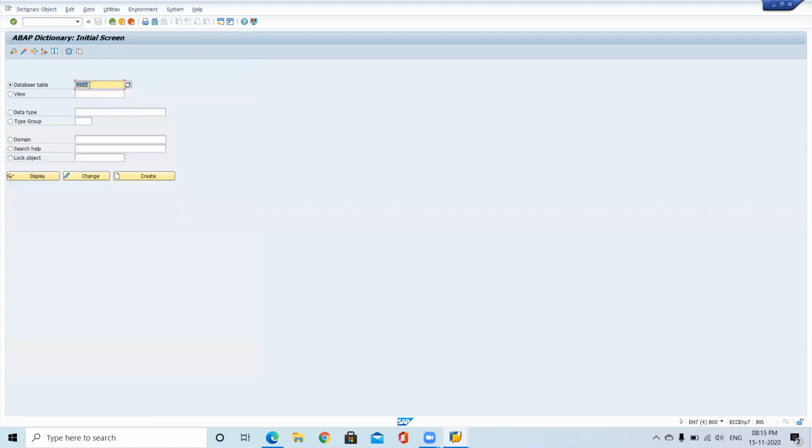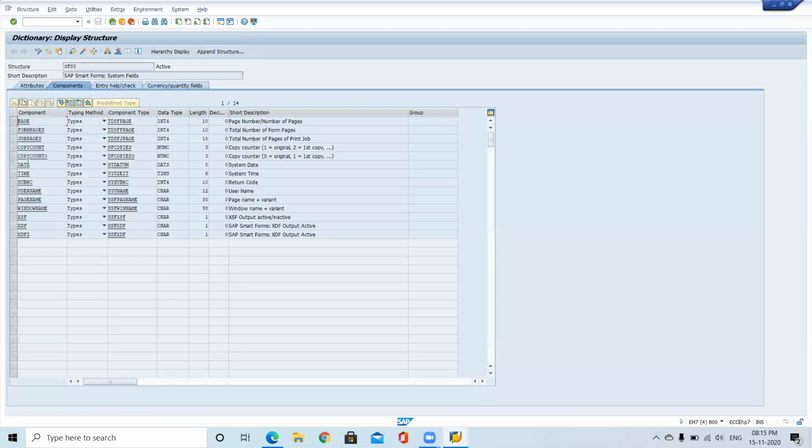If it is from a smart form, SFSY. Let's see. These are the smart form relevant fields, system fields. So dynamically the system will tell that now you are in which page, first page or last page. So I just want to print my current page.